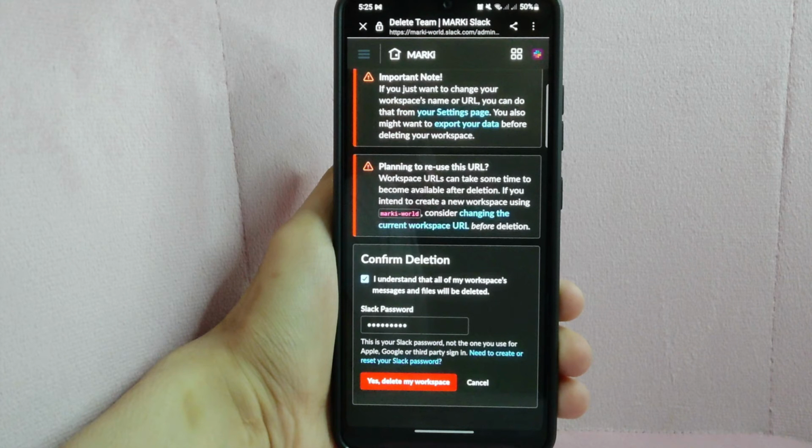There you go. If you wanted to know how to delete workspace on Slack, that is the easiest way I